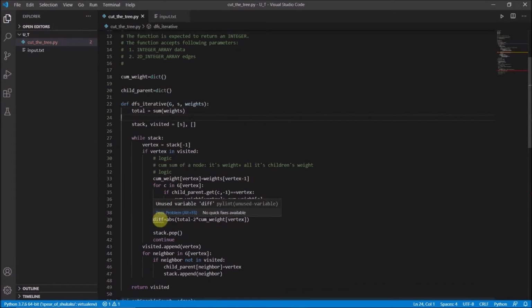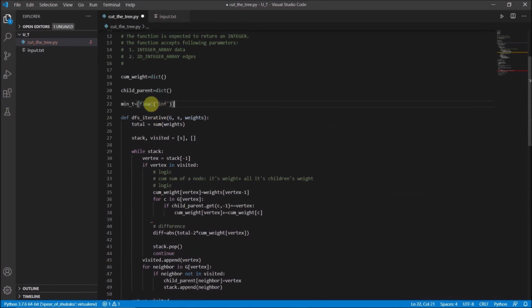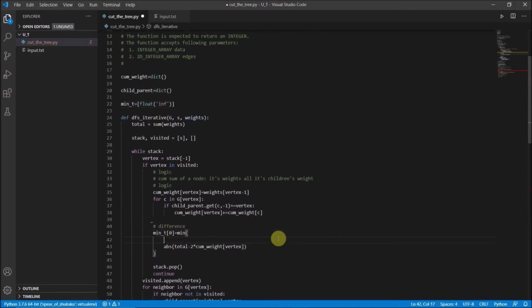Now what we can do is define a global variable that will keep track of the minimum difference. So I have created a global variable min_t which is initialized to infinity. We are going to update it on each iteration. So let's update it. So while we complete the DFS iteration, we will have the minimum difference in this min_t variable.